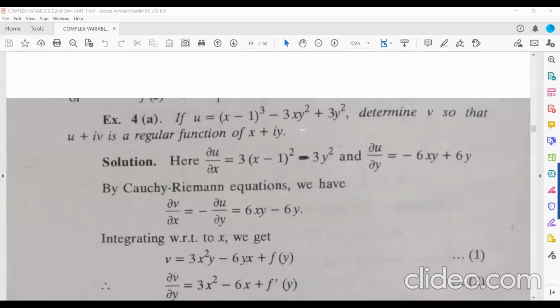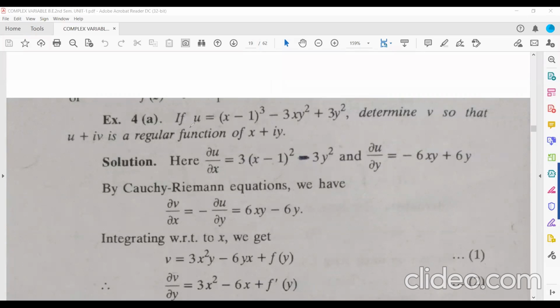There is another problem here in a different way also. One problem can be done in different ways. But if you understand the MT method, that is sufficient to find f(z) if u is given or v is given, whatever it may be. If u is given, using the MT method you can find f(z). After getting f(z), split it into real and imaginary parts and you will get v. That's simple. And if v is given, then the MT method for that is also given. Use that one, you will get the result.